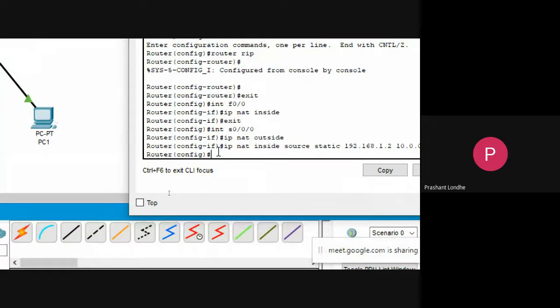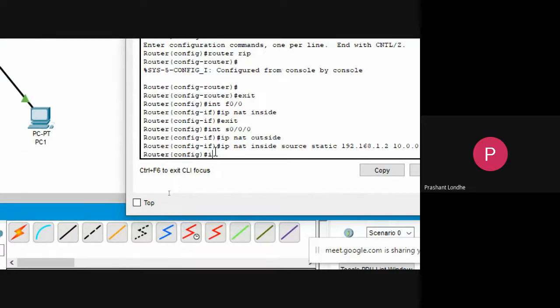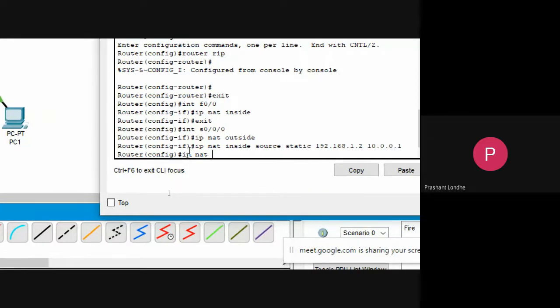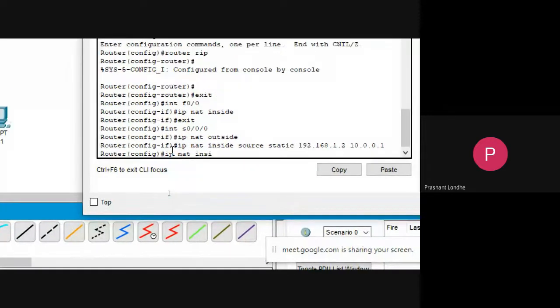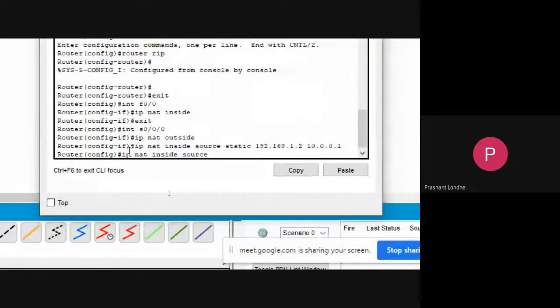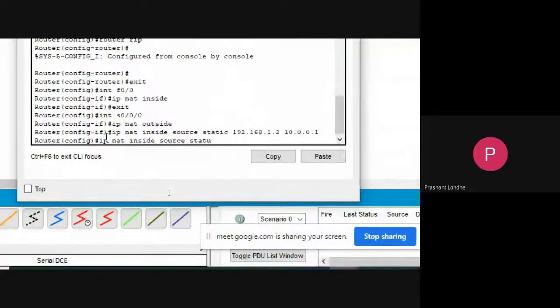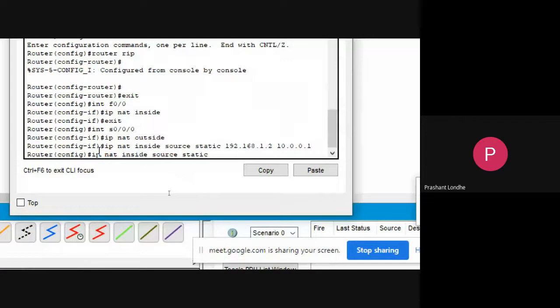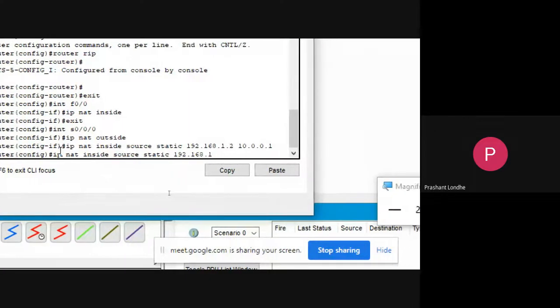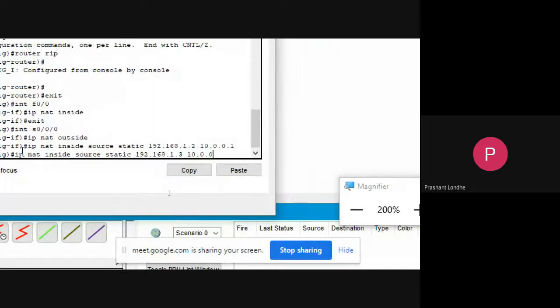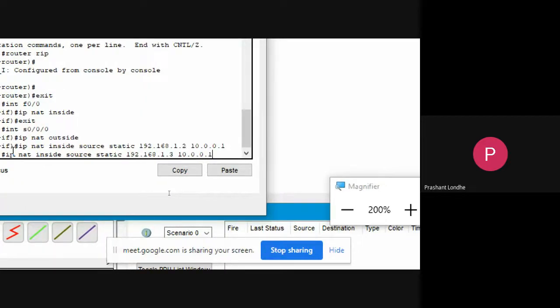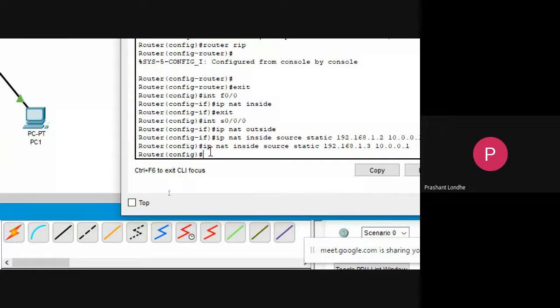And then IP NAT inside for the second machine, source static 192.168.1.3, that is 10.0.0.1.